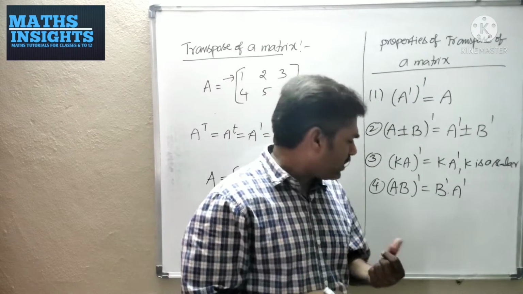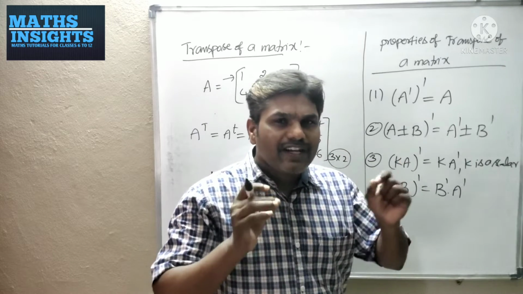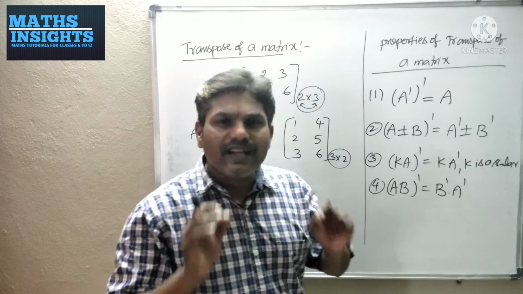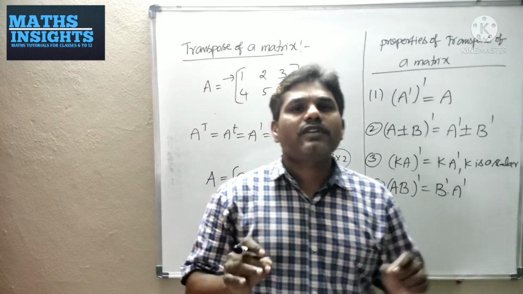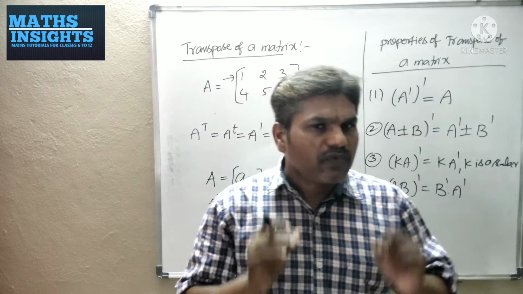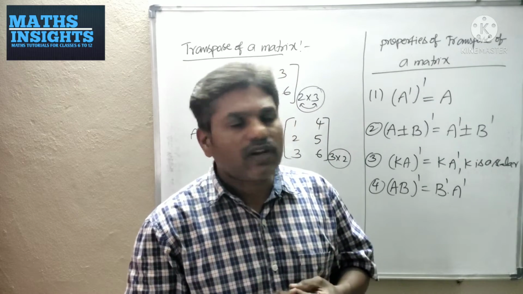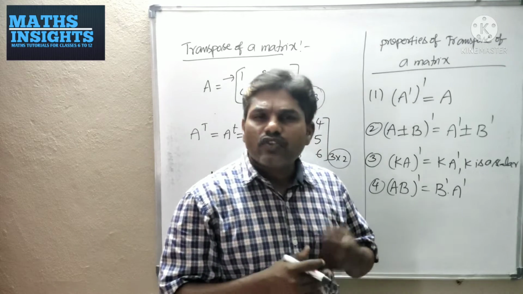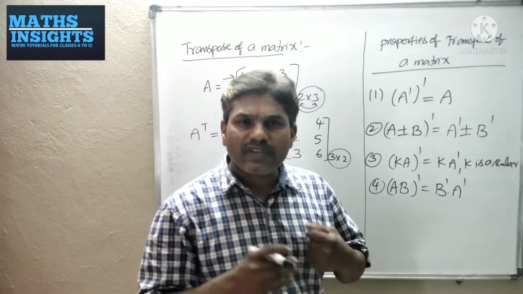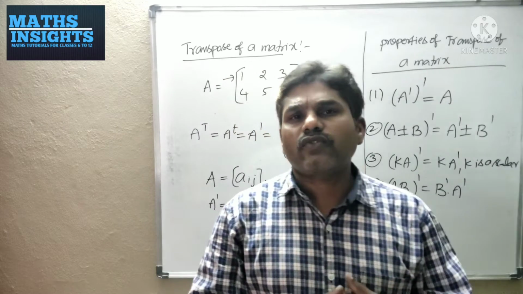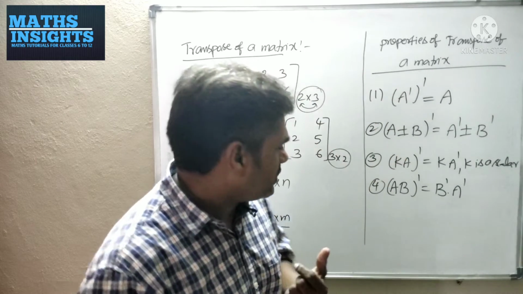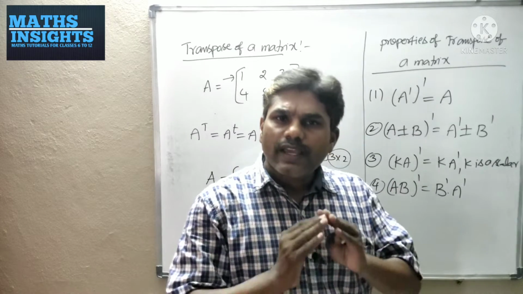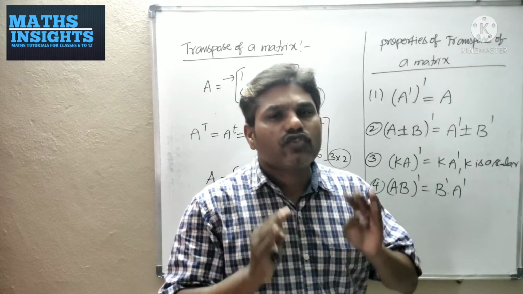But here if you want to find A into B whole dash, A and B must be conformable for multiplication. There is a condition. Always you cannot multiply any two given matrices. If you want to get detailed knowledge how to multiply two matrices, you may watch the video which is specially made for multiplication of matrices from the playlist. So A into B whole dash is equals to B dash into A dash, but A and B should be